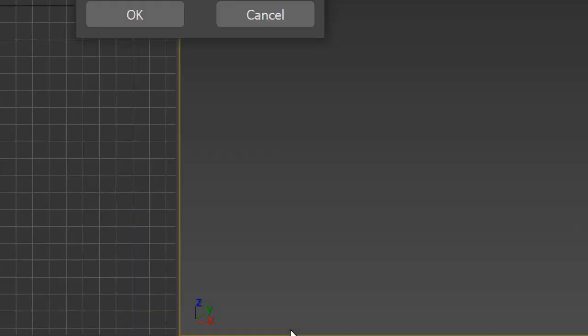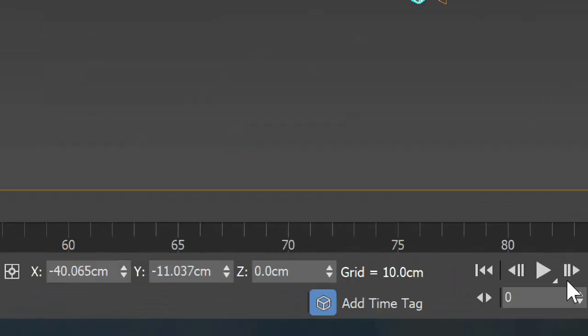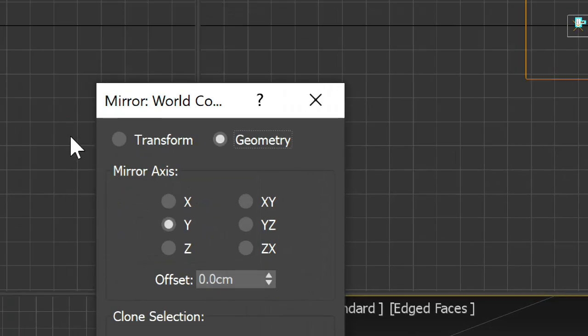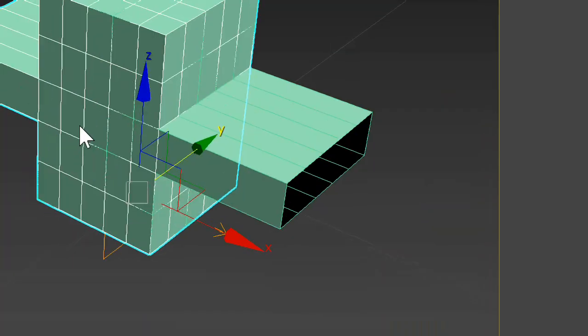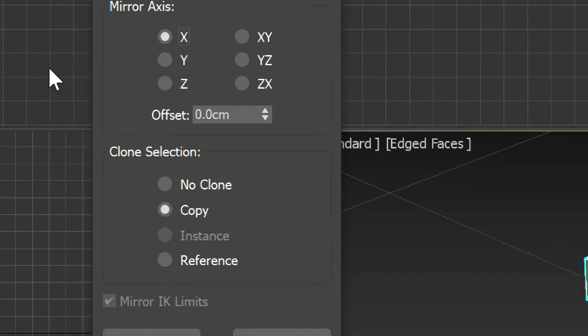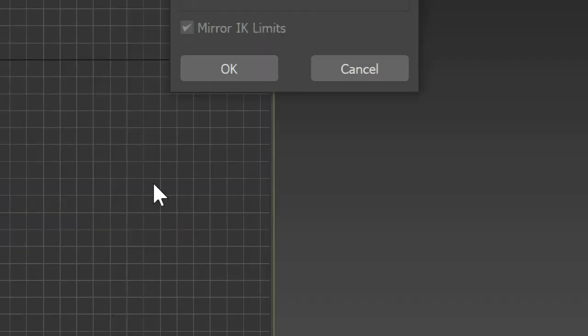I'm then going to go to copy, I'm going to make sure I have the right coordinate, which is X, going to press the X coordinate, and yeah, that should be it. So press OK,